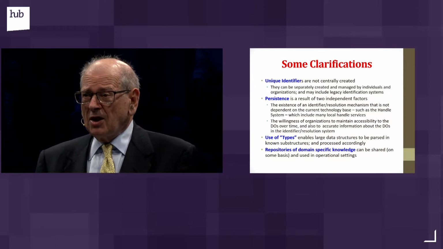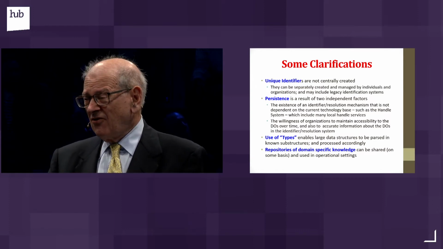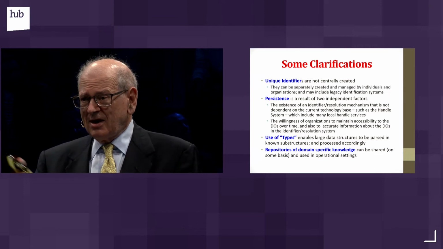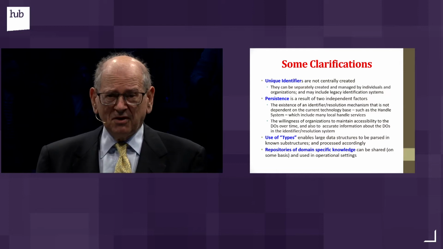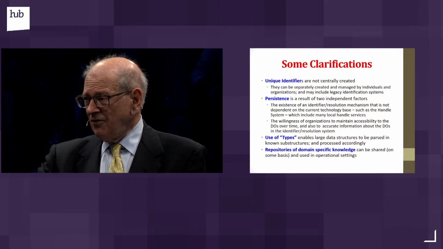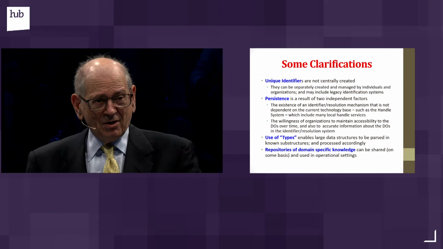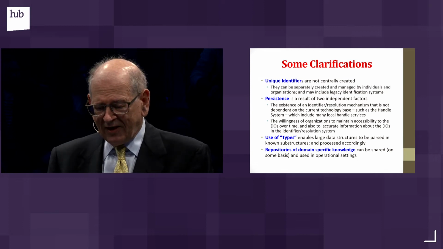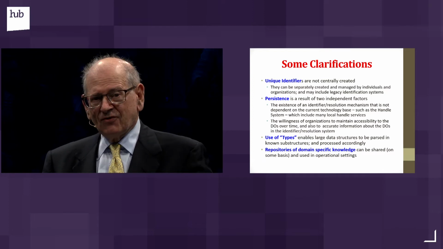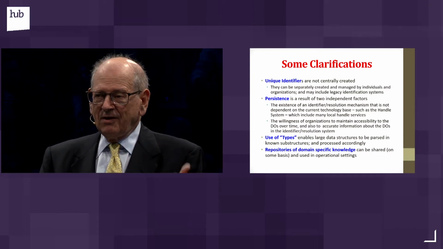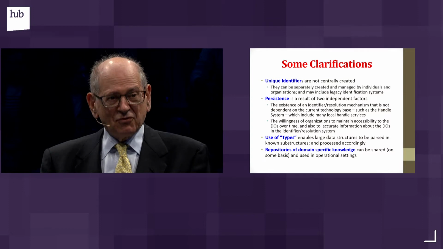But if everybody were to identify everything with the same identifiers, or even two parties, how do you distinguish? If everybody numbered their digital objects 1, 2, 3, 4, 5, how do you know it's this party's number 1 versus that party's number 1? And so the way we deal with that is by giving it a unique number for that organization. And so by looking at the identifier, you can figure out what organization must have created it and then go ask them.